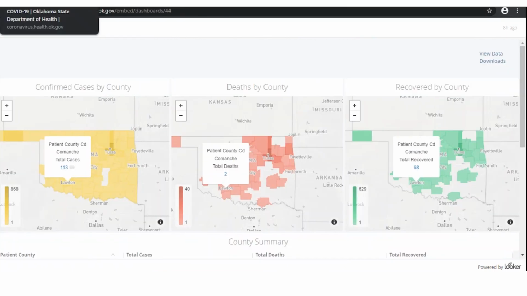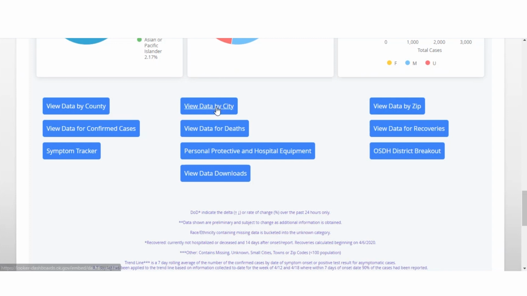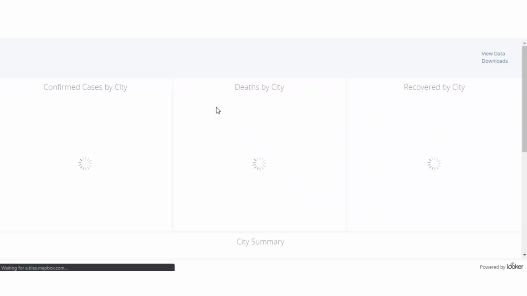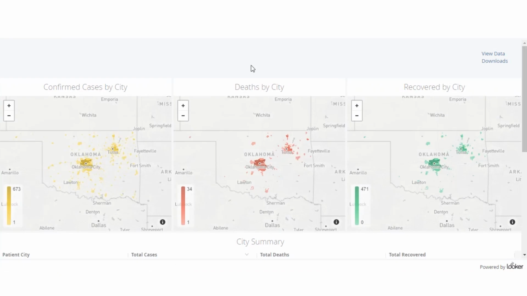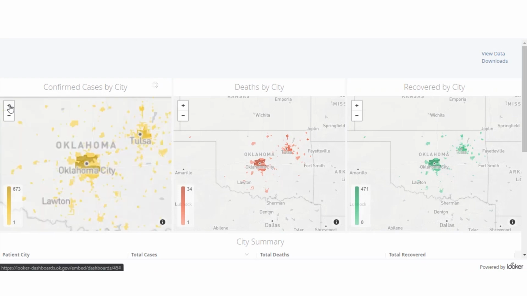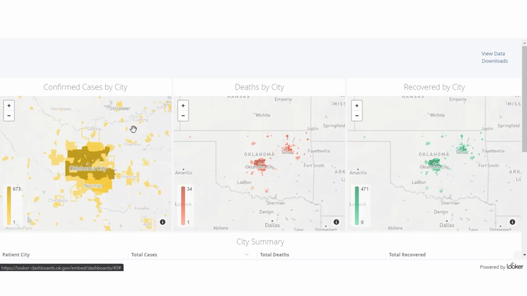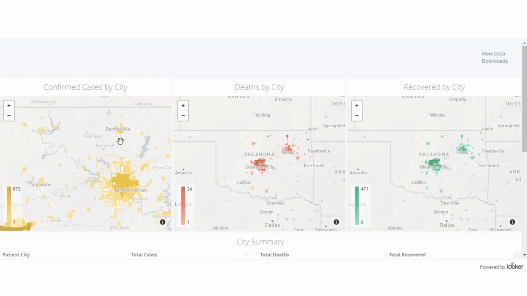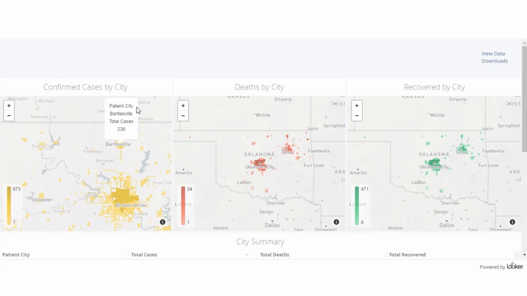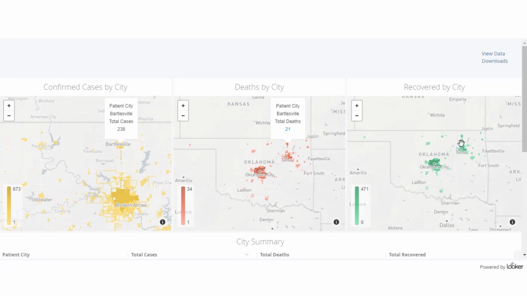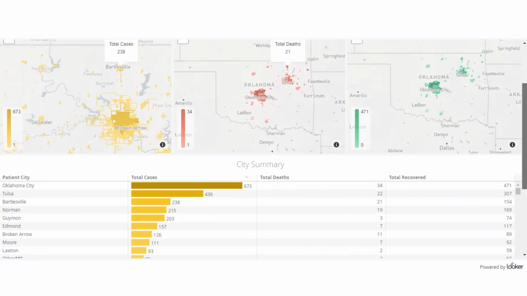Navigating back out to the COVID homepage, we will now click on viewing the data by city. You'll notice that case information, death information, and recovered counts are following that same color scheme of gold, red, and green. Zooming in on a particular area for cases, if we were interested in the city of Bartlesville as an example, you would be able to hover and click over Bartlesville and see in that case, there are 238 total cases in Bartlesville. The same functionality exists by hovering and clicking for deaths and recovered,